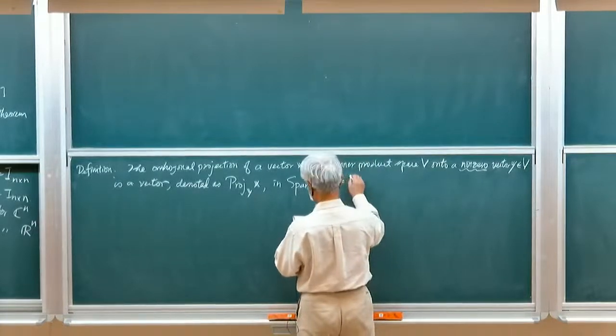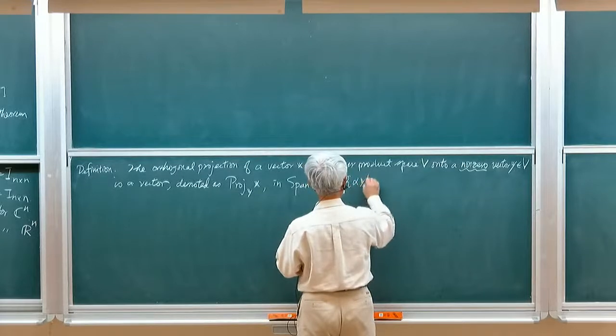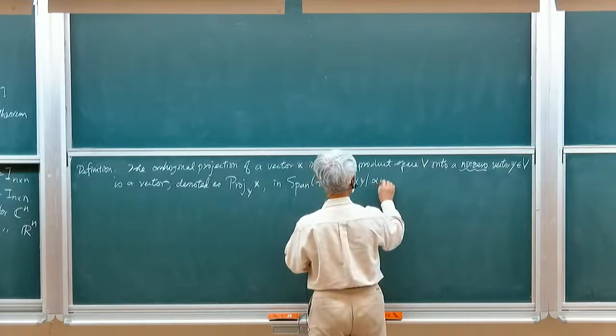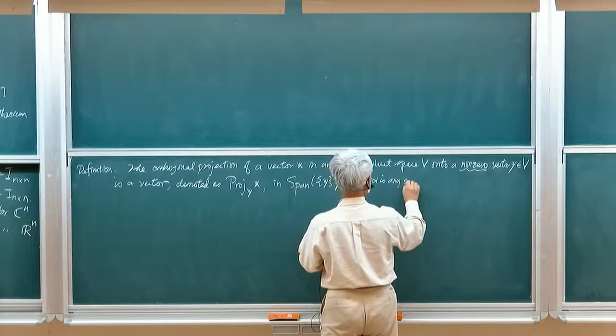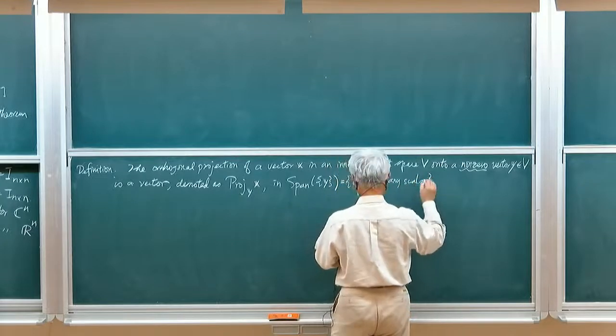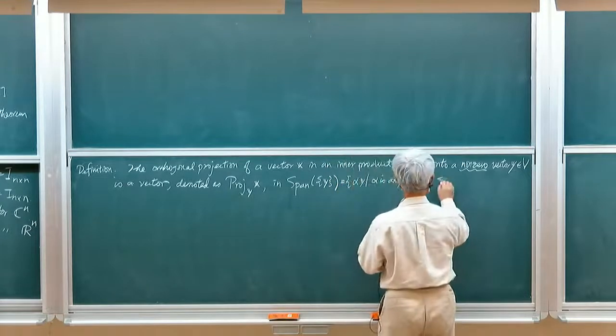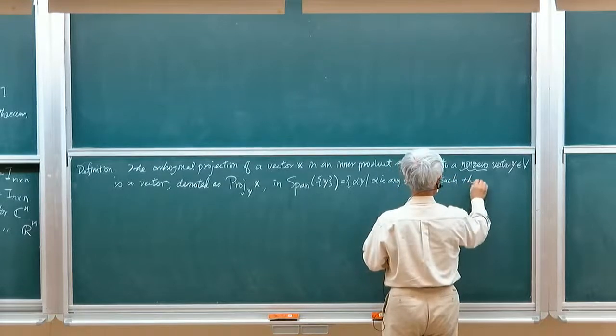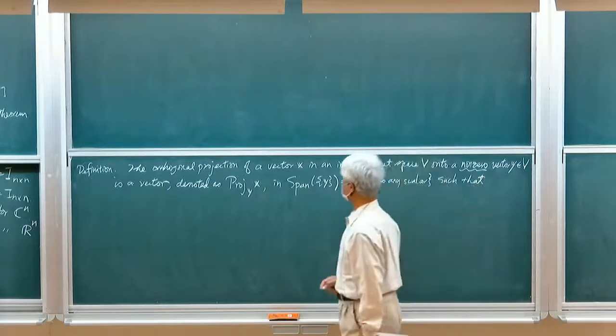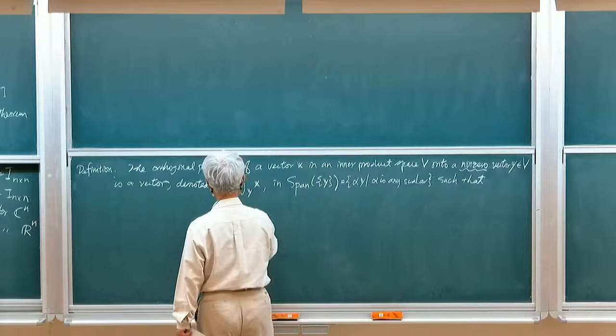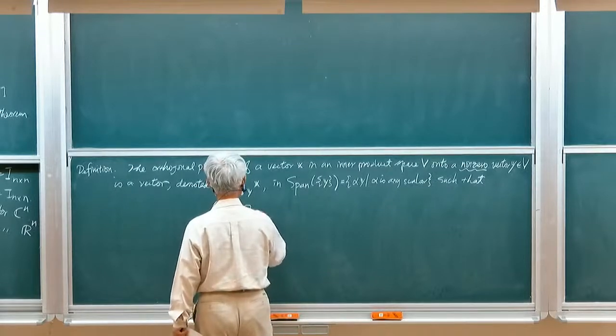Okay, and this is actually any scalar, such that x minus the projection onto y, right? So this vector,